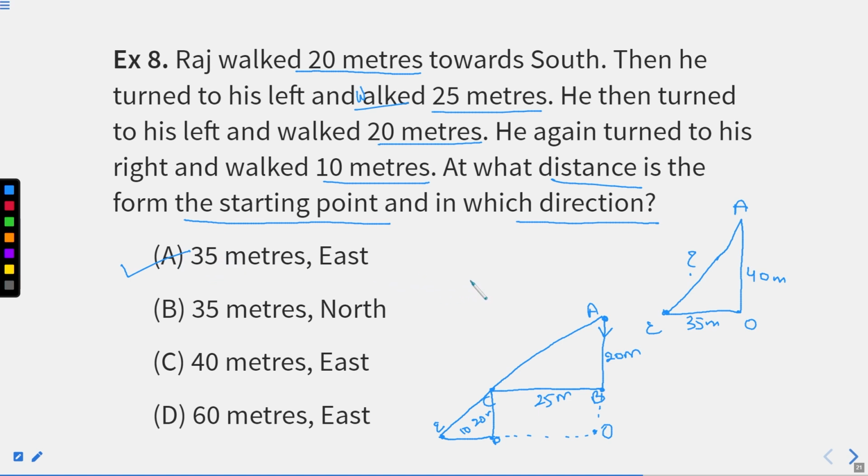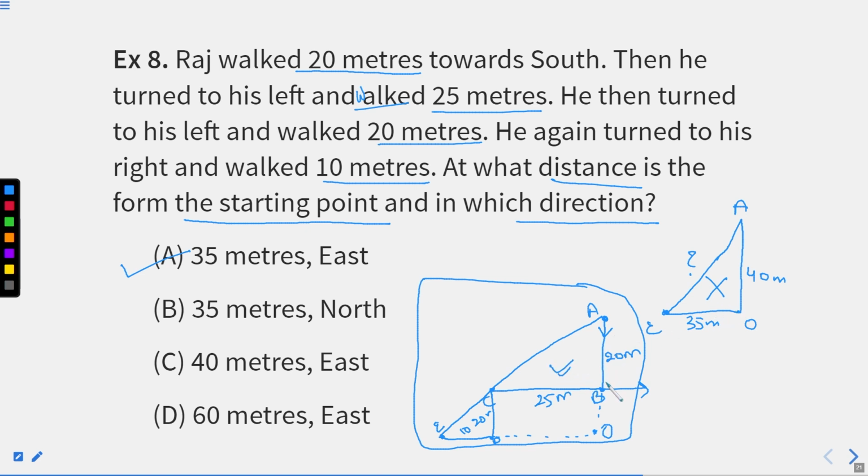But what we have seen in this part is a correction, right, that we need to make. As soon as he moved here, we are supposed to move to his left, but we moved to right, right? This is a mistake that we have committed earlier. But make sure whenever you commit this kind of mistakes and you're not getting any answer, because here in the triangle we are not getting any kind of triplet. So students, you need to learn that as well. If you are not getting a direct triplet or something complicated calculation is coming, right? So what you need to do, you need to recheck your diagram. That is why I made this.